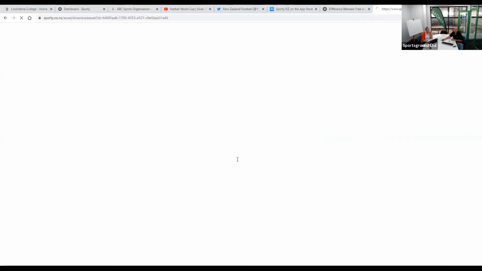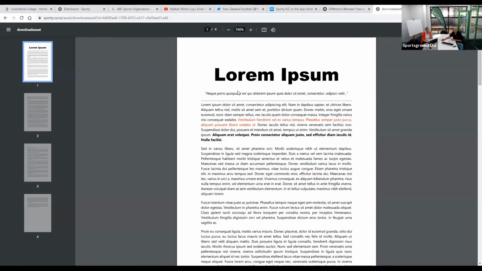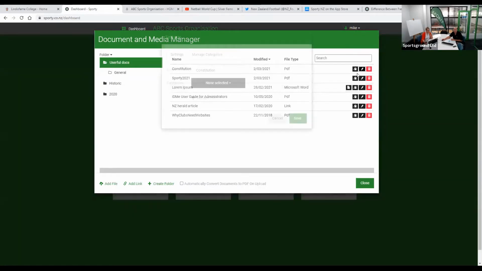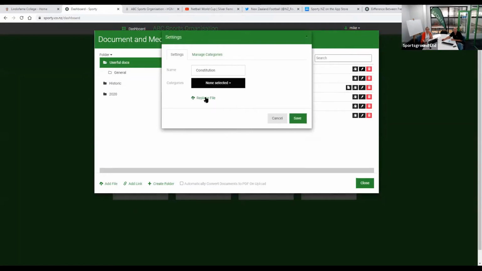If I was to go and open that up, just by virtue of going to that unique URL or link, someone will be able to go to that document. And the bit that Joe was pointing out was that for any particular document, I can rename it, but importantly, I could replace the file. Now that's relevant because if I have published that link somewhere, if I've emailed someone a link, for example, to our 2021 rules or our complaints policy or our constitution or whatever, and that then changes, if I